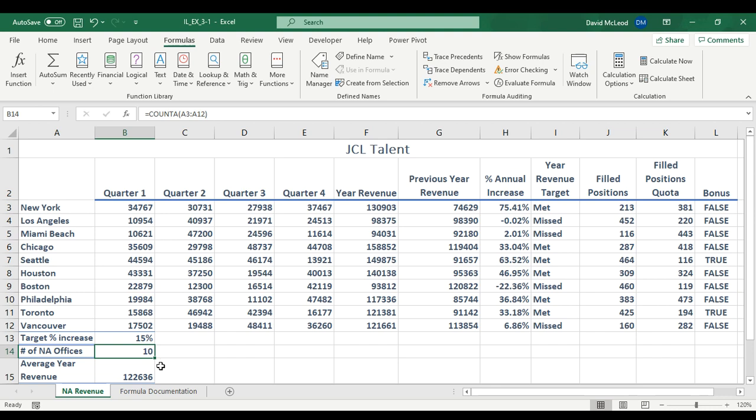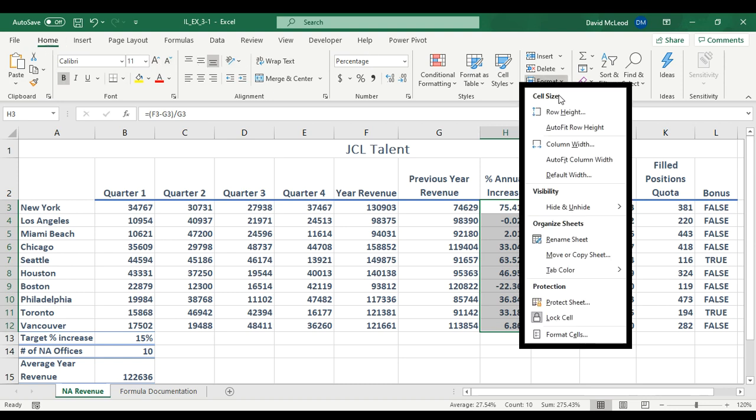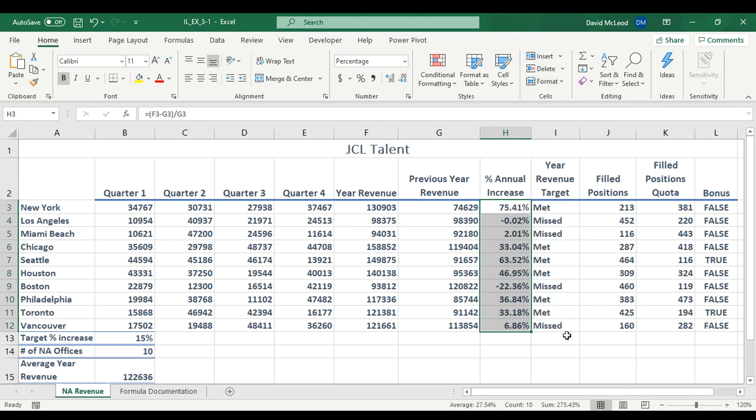Then select range H3 through H12 and click Home. Click the Format button in the Cells group and choose Format Cells. I want to choose Custom,